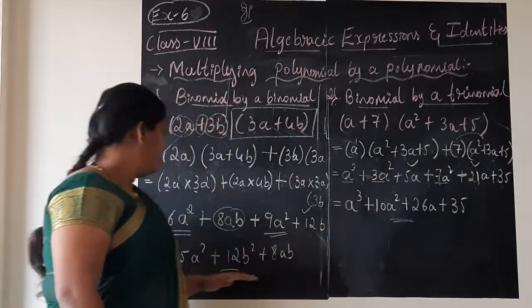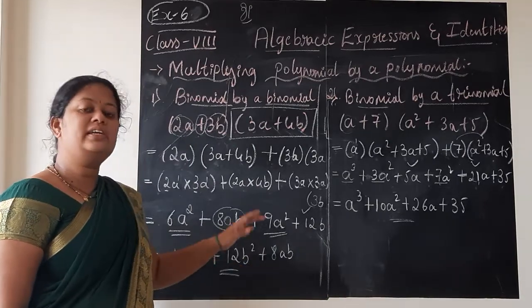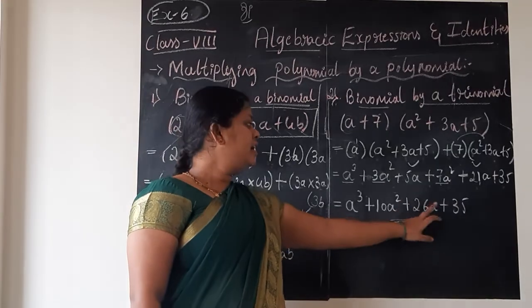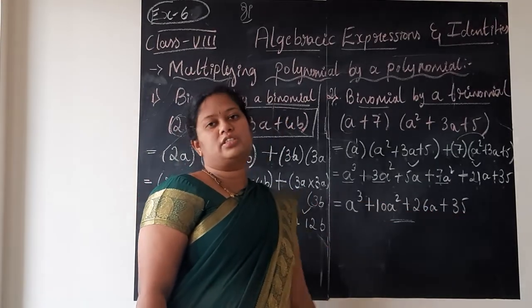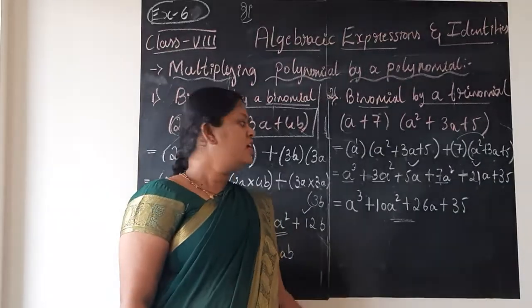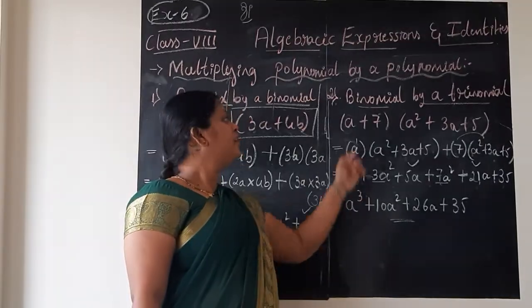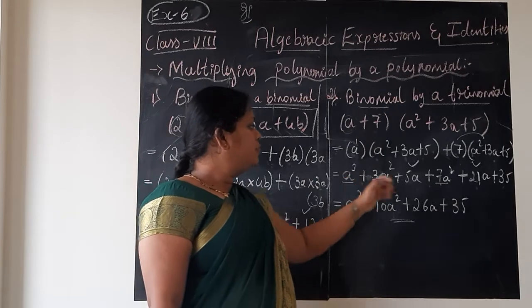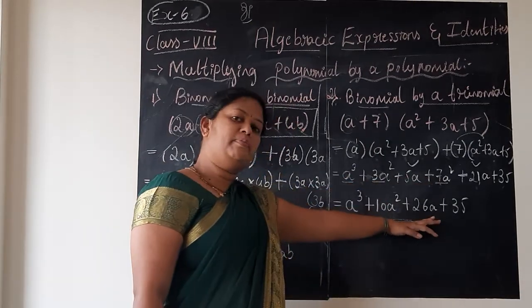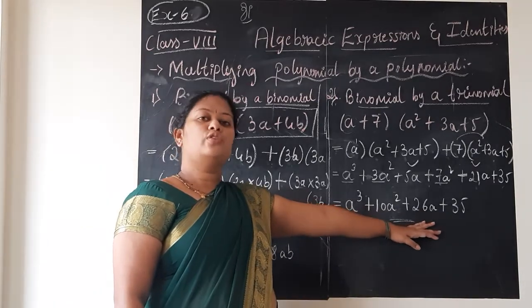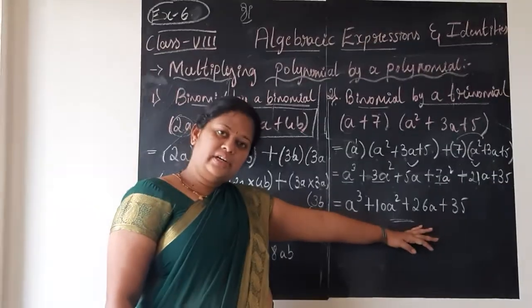So as I said to you, the last step should be kept in the decreasing order of their power. See, a cube to the power 3, a square, a to the power 1 and the constant, or a to the power 0. So this is the final step of the answer. Suppose you have done everything correctly up to here, and you have not written this step, means you will lose marks, children. Each step carries marks here. So please be attentive and do it carefully.